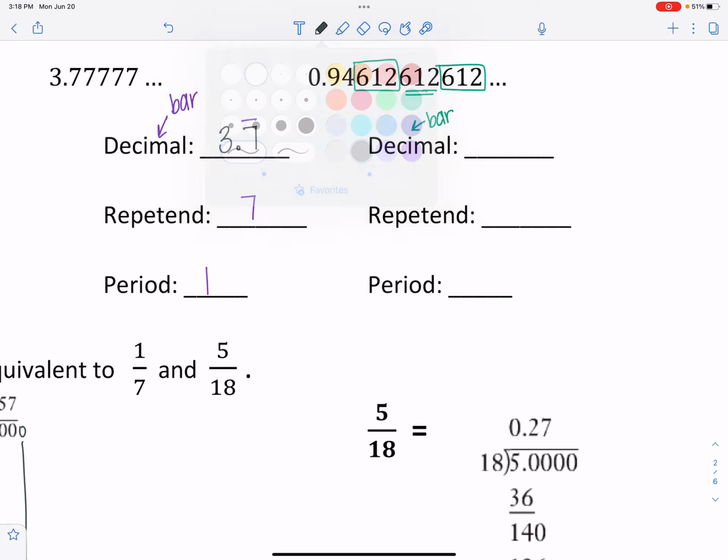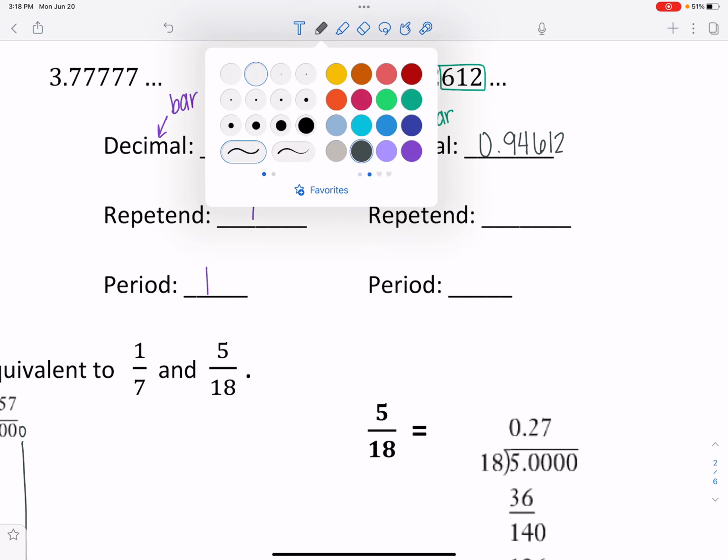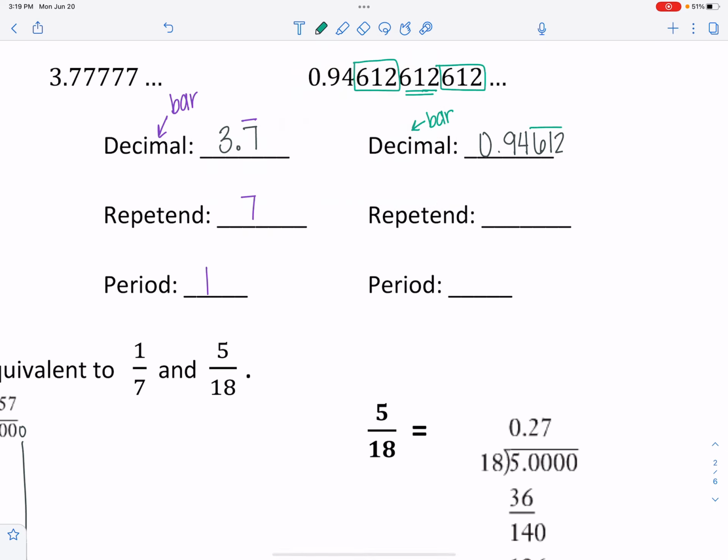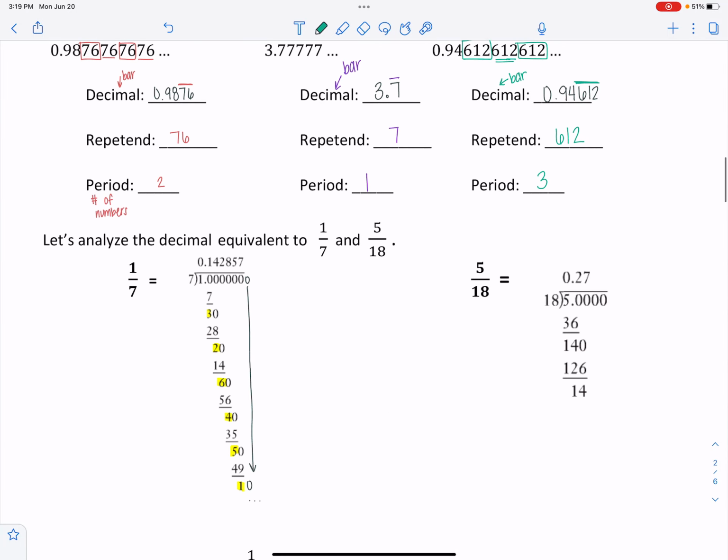And so I've got 0.94612. Well, the 94 doesn't repeat, so I'm just going to put the bar over 612. The repetend is going to be the numbers that repeat. So that's 612, and then the period is the number of numbers that repeat. We're going to skip this next part